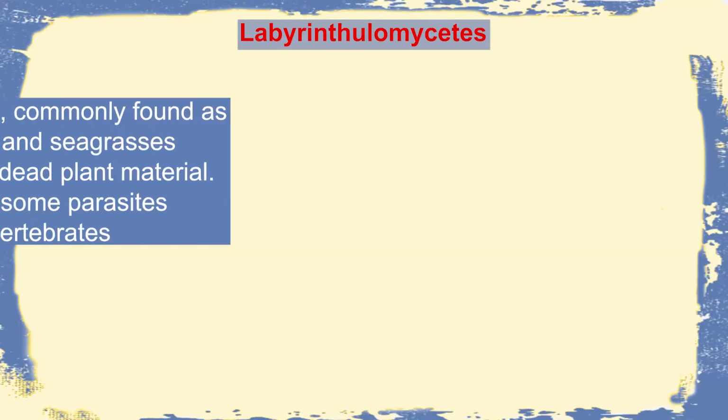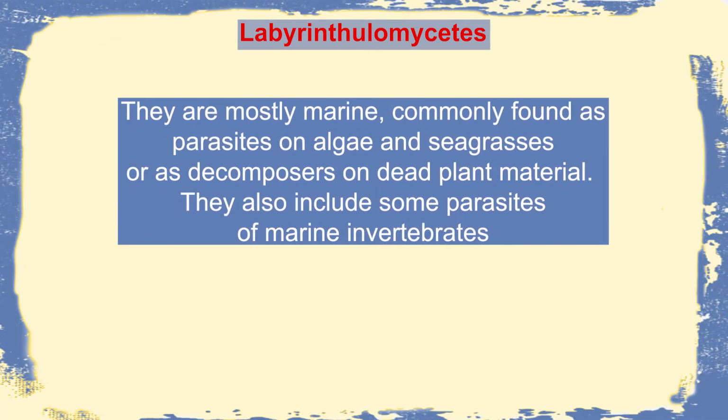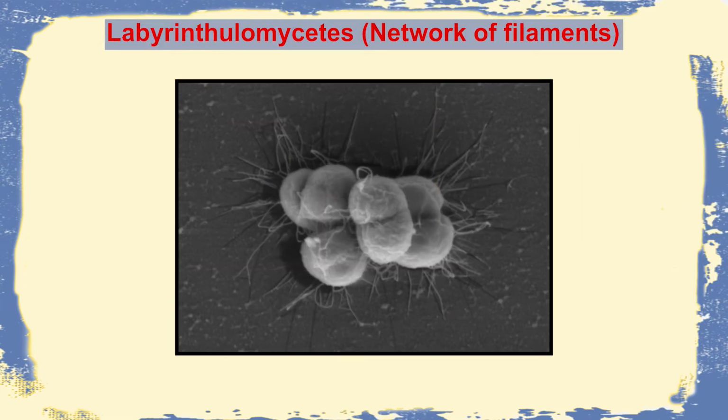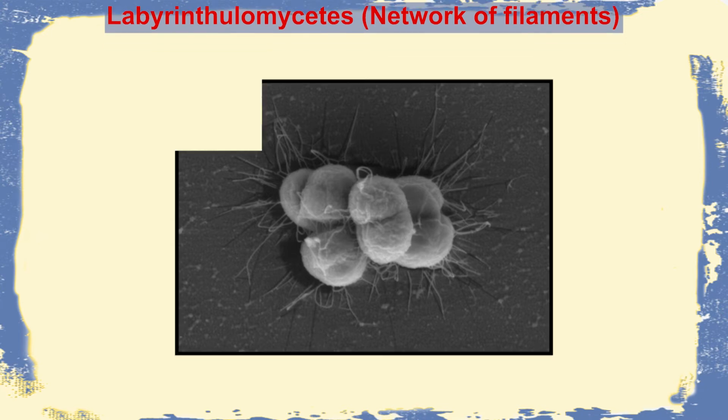Another group which belongs to Oomycota, but they are different from Oomycota and they have some unique characters, and this group is called Labyrinthulomycetes. They are mostly marine, and they are parasitizing on seaweed or algae, and they also can act as decomposers growing on dead plant and animal. And they have a unique filamentous structure which will put the cell together, and this unique network of filaments will actually help us to name it as Labyrinthulomycetes.